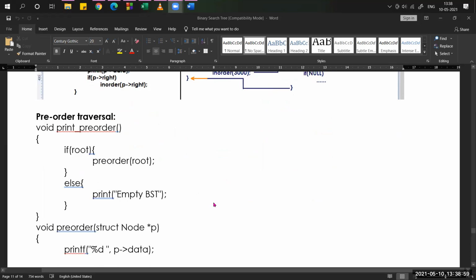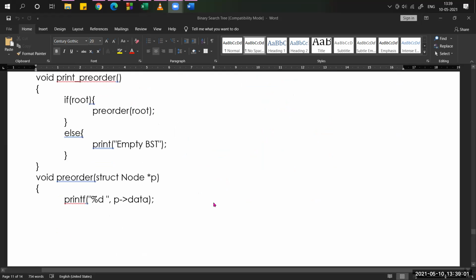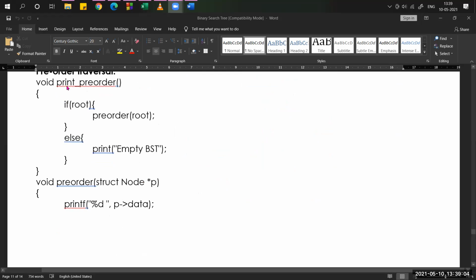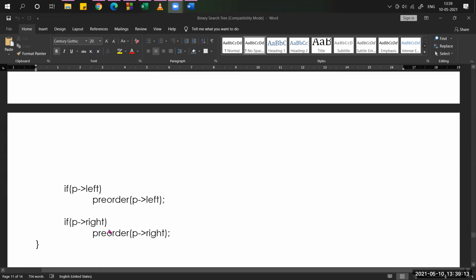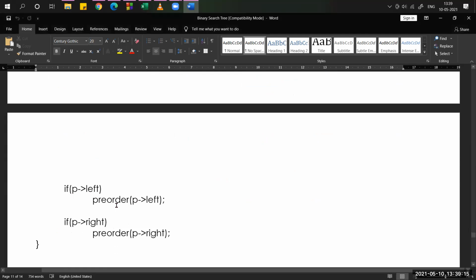Now look at pre-order. Same function, same program, same method, but pre means first display the value, then left to right. p tends to left, p tends to right. So it's a pre-order function.